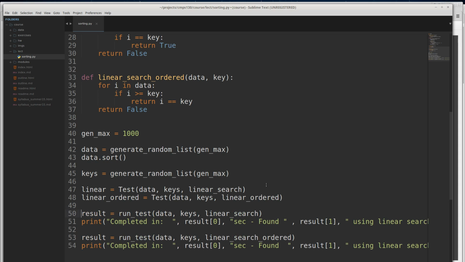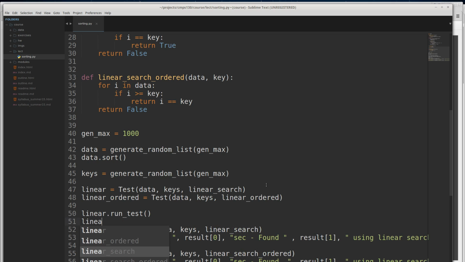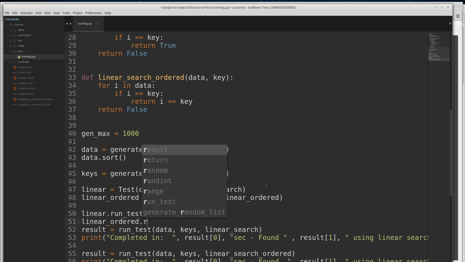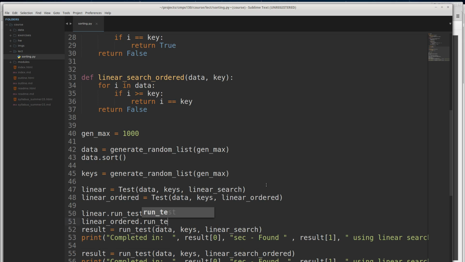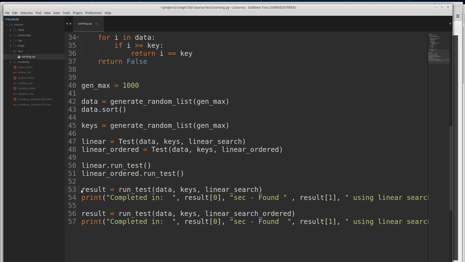And then I will run each test, linear dot run test, and linear ordered dot run test. And then I can print this stuff out. But as I'm moving through this, I notice that I'm going to print out the same thing actually as well. So why don't we change this a little bit and change the design even further